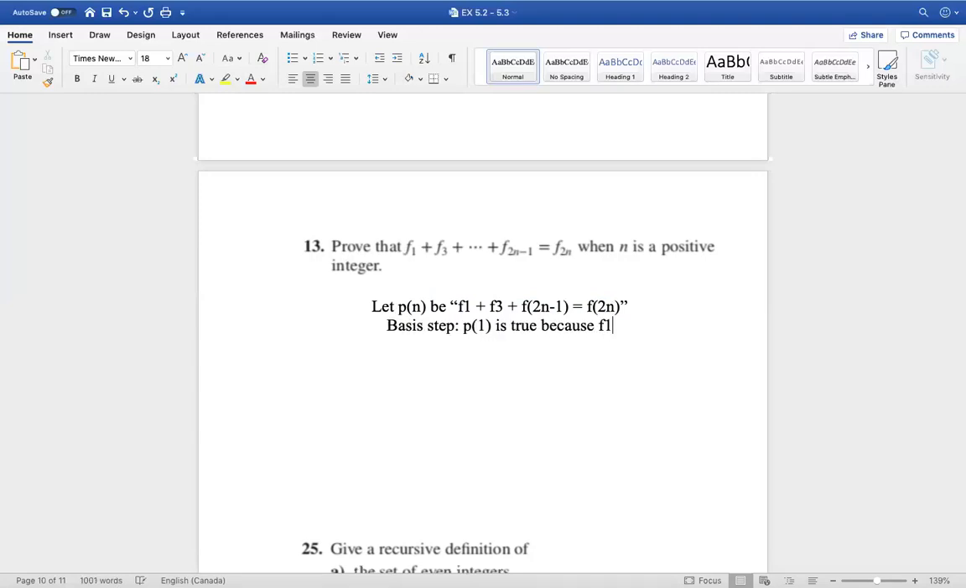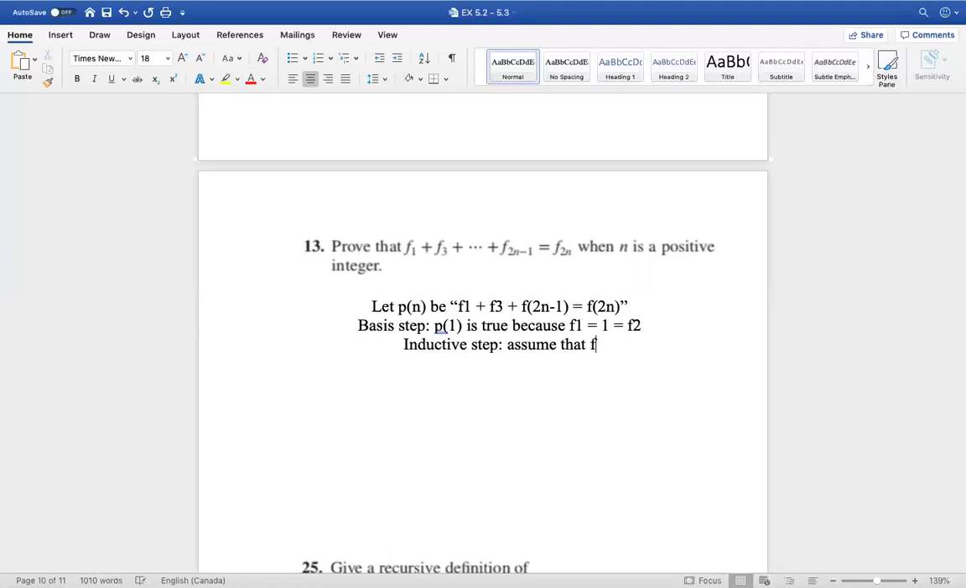because f of 1 equals 1, which equals f of 2. And then the inductive step. We'll assume that f of 0 multiplied by f of 1 plus f of 1 multiplied by f of 2 equals 0 times 0, because we have said that f of 0 is 0. Then 0 multiplied by f of 1 is 1. Then we have this 1 multiplied by 1, because f of 1 and f of 2 are 1 and 1 respectively. So therefore it's this one over here, which is basically equal to our